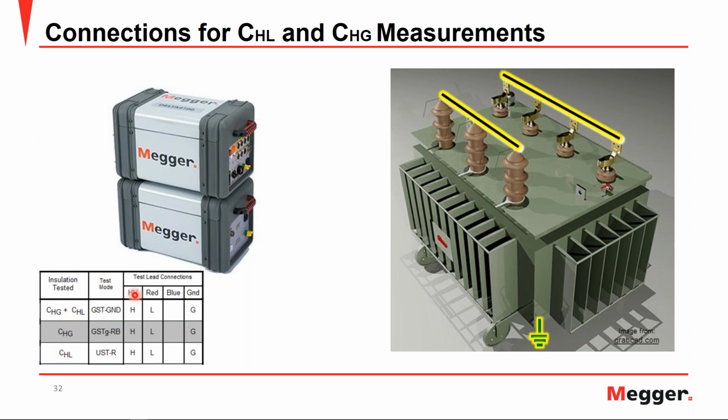And also notice the test connections. They're all the same. So you connect the high voltage cable to the high side, the measurement cable, which is your red cable in this case, to the low side, and ground to the ground. So following those connections,